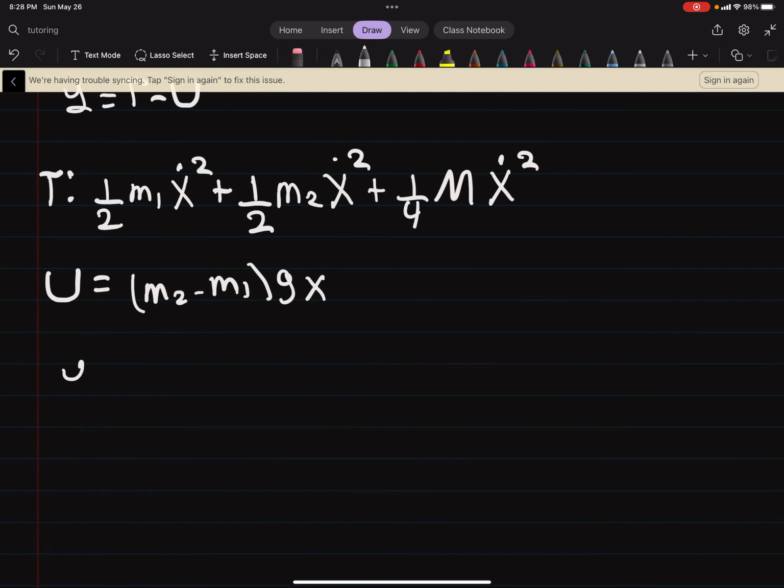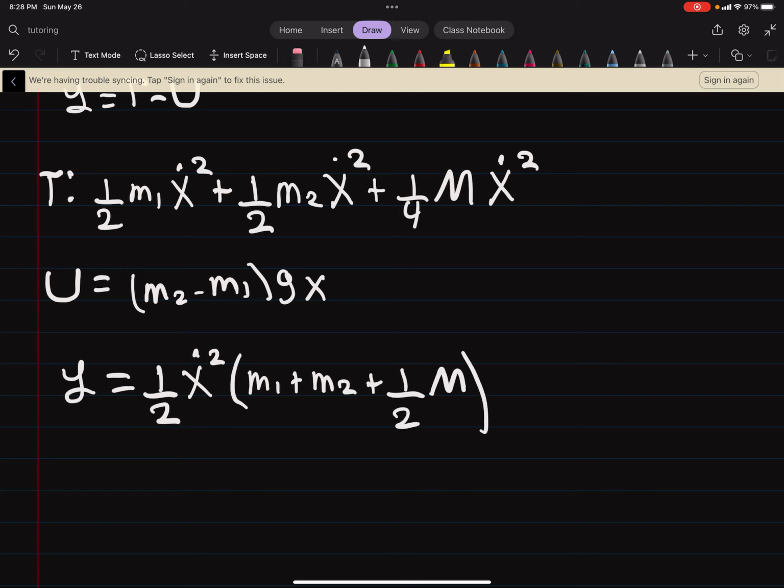Alright, then our Lagrangian is 1/2 x dot squared times m1 plus m2 plus 1/2 capital M, plus m1 minus m2 gx. Okay,